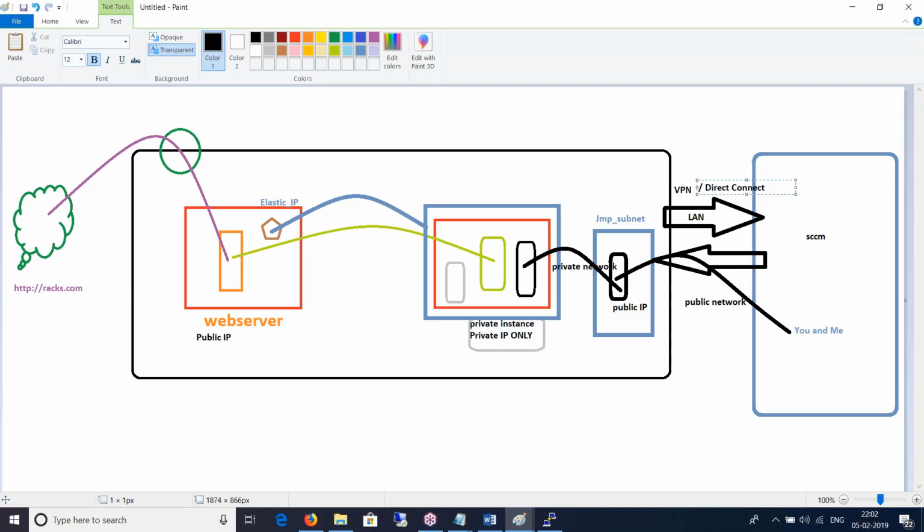What is this direct connect? Is this some kind of feature provided by Amazon or any other utility? Direct connect is a service offering from Amazon that will let you establish a dedicated network over high speed from your on-premise to AWS. So using direct connect, you are establishing a private connectivity from AWS to your data center or to your office or to any other environment.